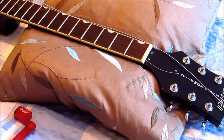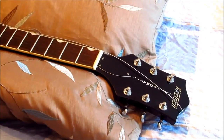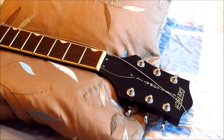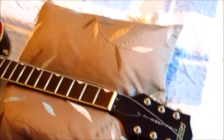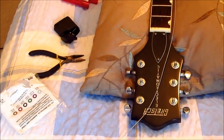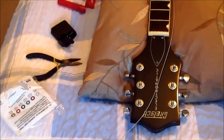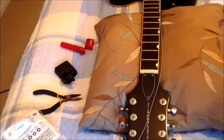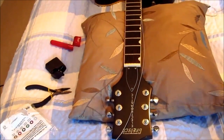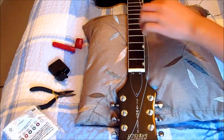Right, so as you loosen it, this is where your piece of paper comes in handy, which I told you to write down. I'm going to move this camera over to here, so you can see what I'm doing. I'll be sitting down now. Right, so what you want to do is get your first string,